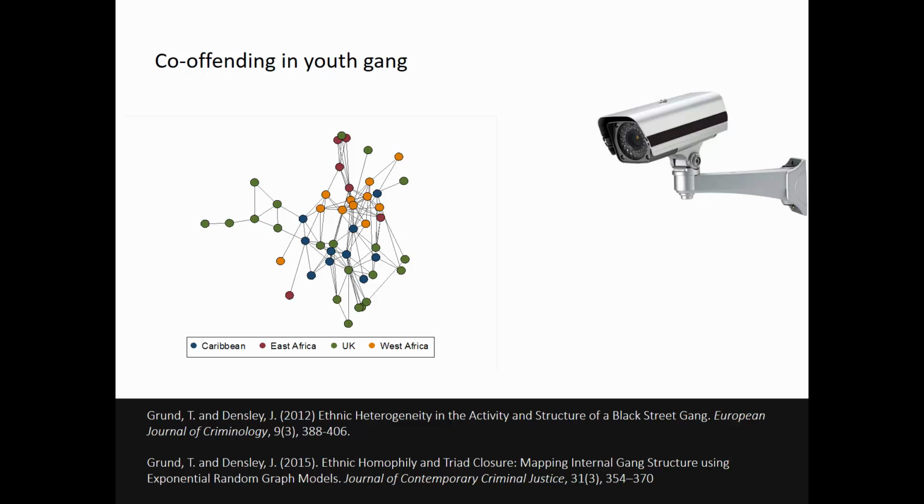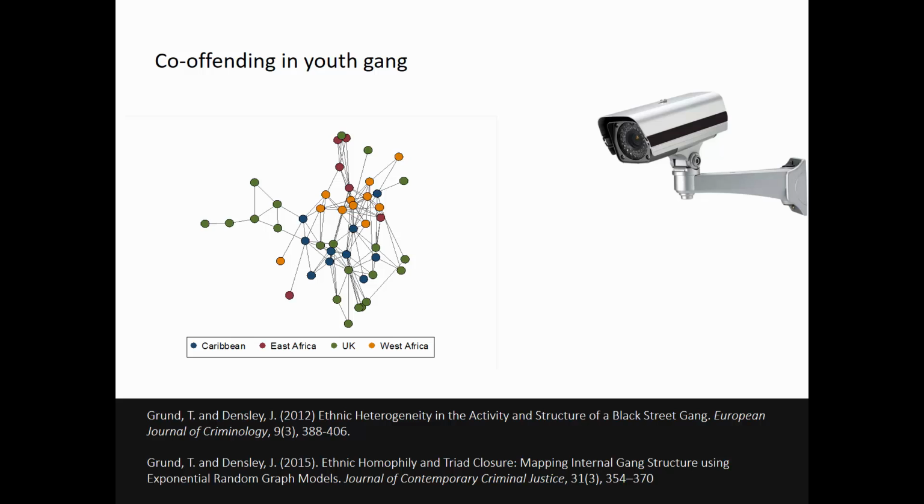And then we looked at who is co-offending with whom. And the way we incorporated that data was basically through CCTV cameras, right? So we had access from the police. They had observed this gang for a while. That's what the police does, and they showed us the arrest records, who was arrested with whom, who was spotted committing some crime with whom, and we used that information to essentially plot the co-offending network like that. But then we moved on.